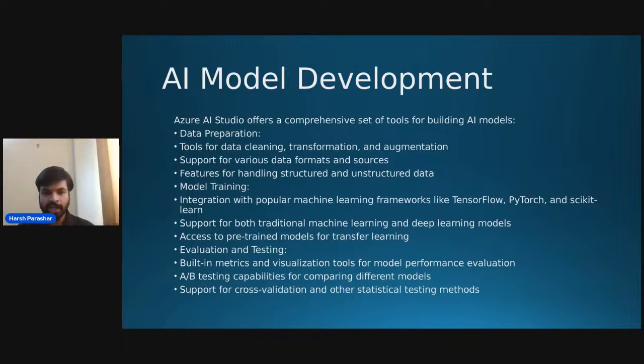And the third thing is support for cross validation and other statistical testing methods. Statistical testing methods are used extensively when we are training data, especially for data analytics work. As we are discussing data analytics, statistical testing methods are used. There are different types of tests, chi test, pi test, different types of tests are used. So implementing those tests individually is very important.